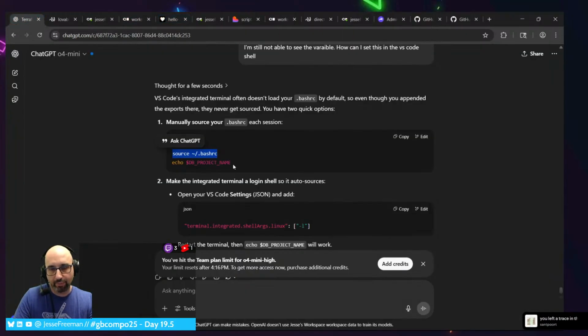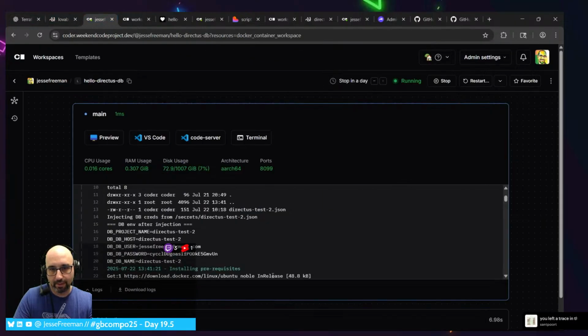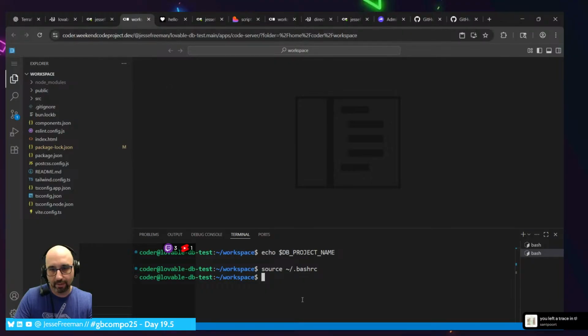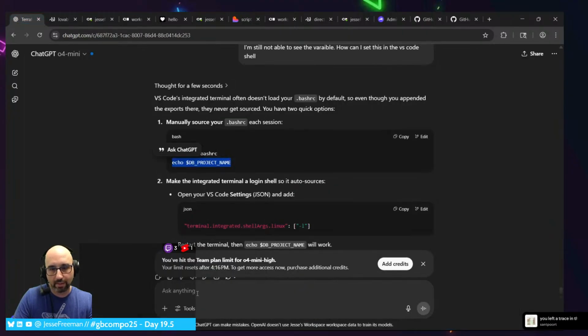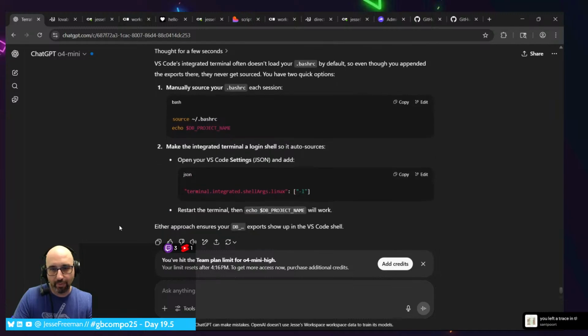I think the problem is that... no, nothing. Just an add. Make the integrated terminal a login shell so it auto sources.